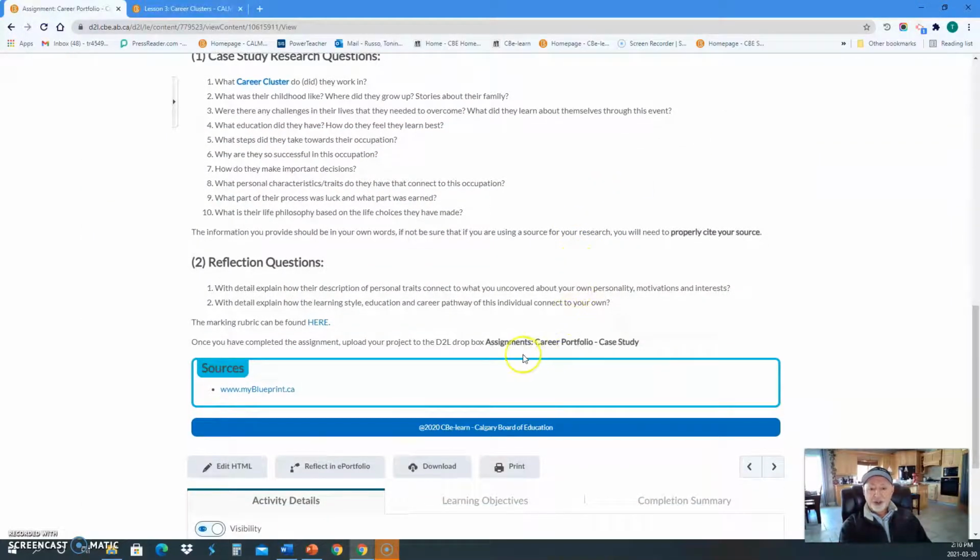And make sure you submit this to the assignments folder, career portfolio, case study. Please do not submit this through email or private discussions. And if you have any questions or concerns, please let me know through your private discussions, and I will be sure to either direct you where you need to go or I will